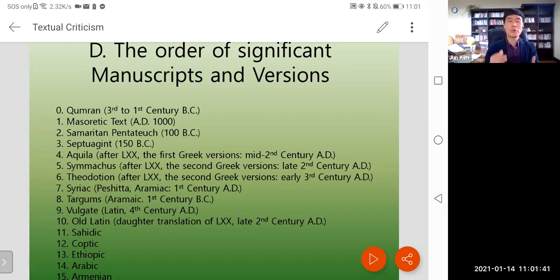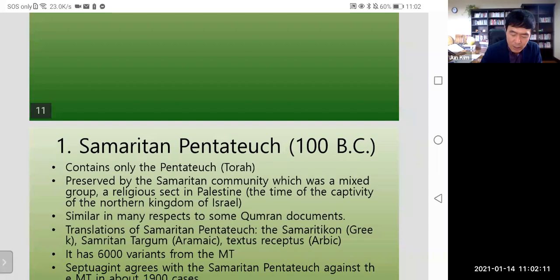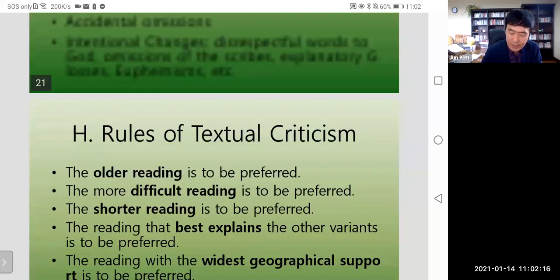We need to really see that, okay, this word choice was adopted by Qumran, and then another letter was accepted by, let's say, Aquila or the majority text. Then in terms of the date of composition, I want to say Qumran will take much more value because it is an older translation, I mean older manuscript. So there will be some elements that will help you to see which variant reading will take